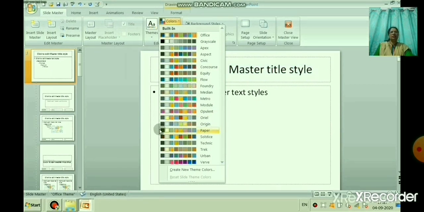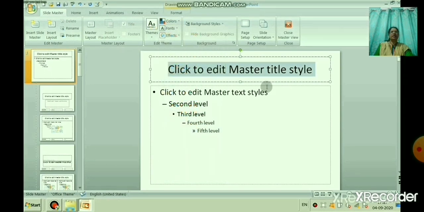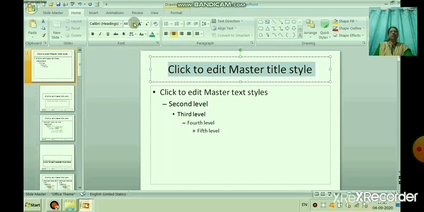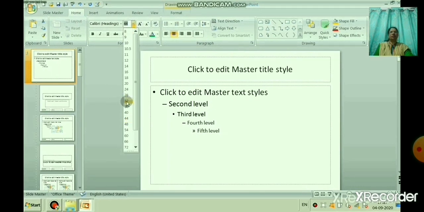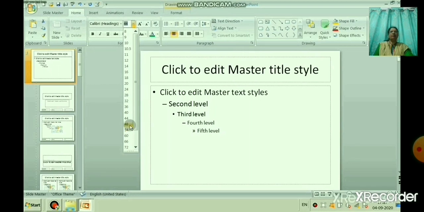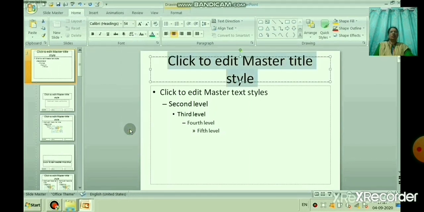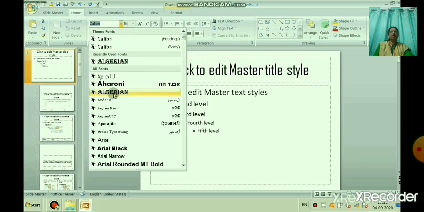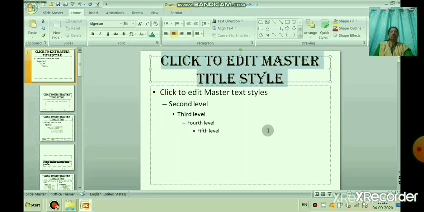For the colors I will take one color for the title slide, and I am going to change the size also. Size also I will take, fine, and you can see here the different font types. These are the things.